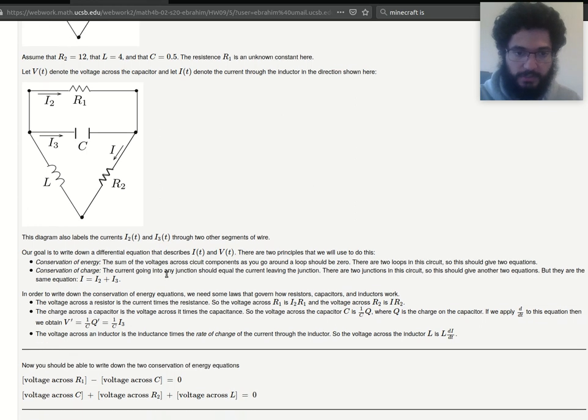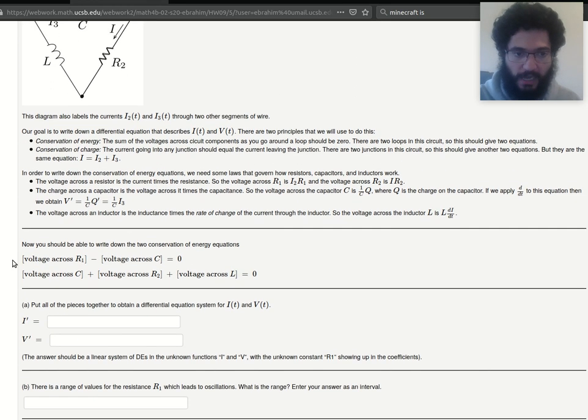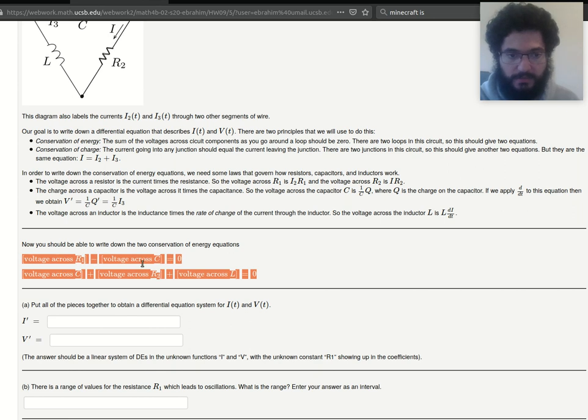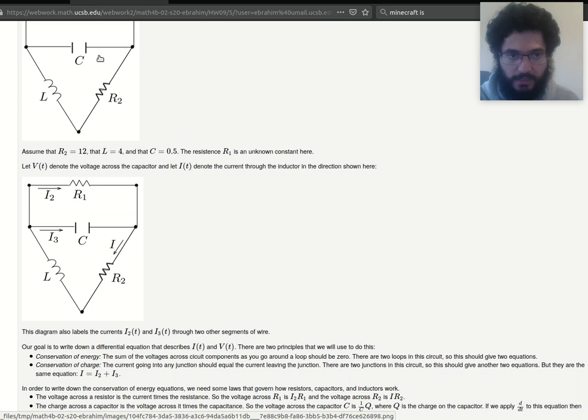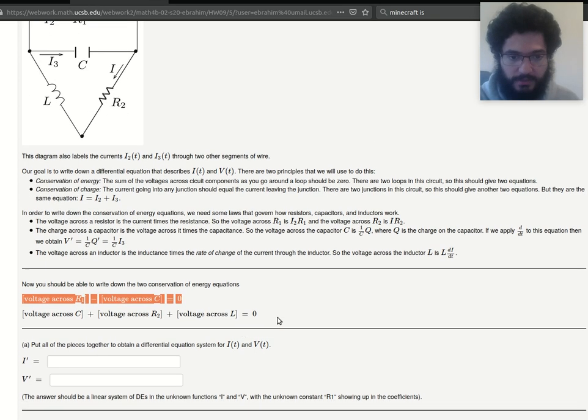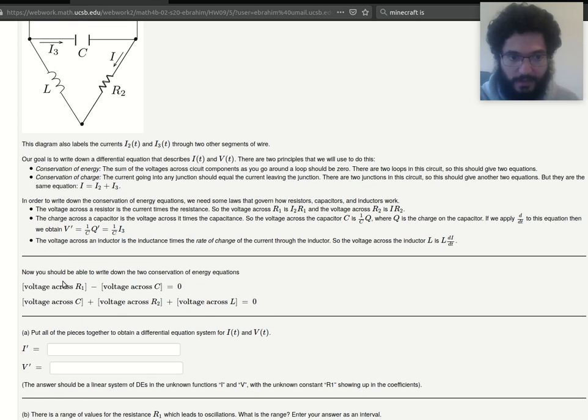Okay, so when you do this problem, you can kind of follow the guide, and your goal is to write these 2 equations that you get for Kirchhoff's voltage law for each loop. So fill in what the terms in the brackets, what you think they are based on the discussion. And then the goal,